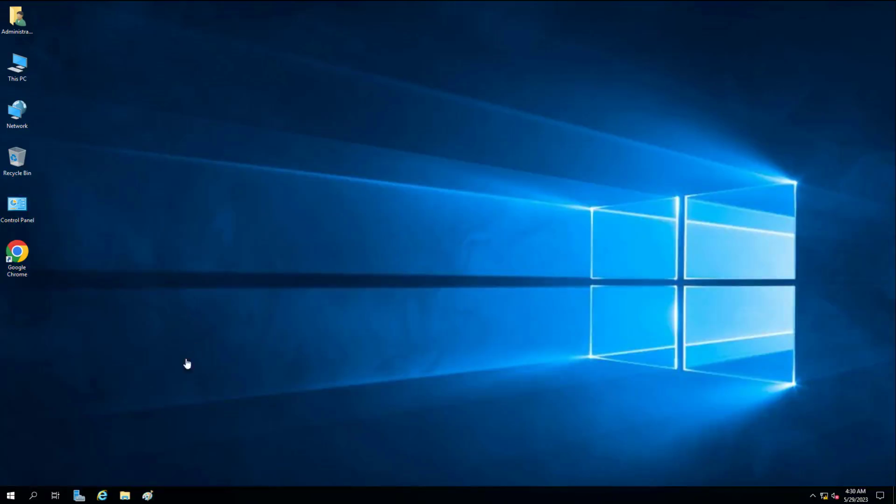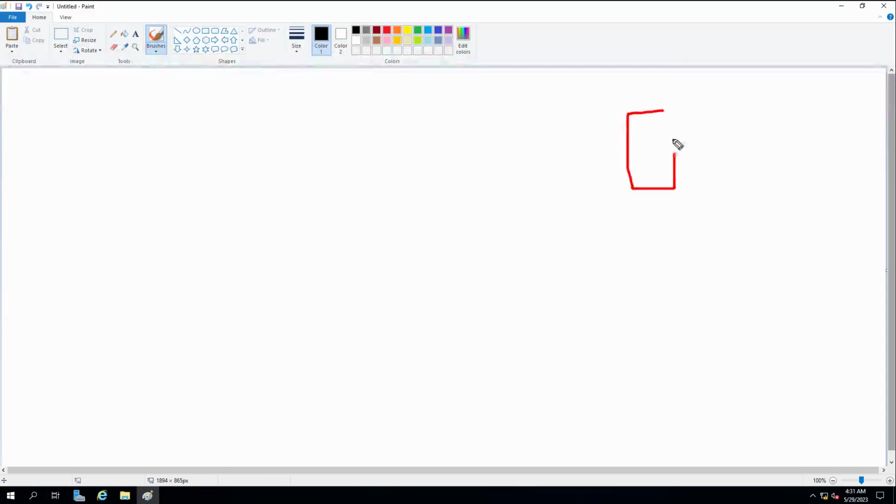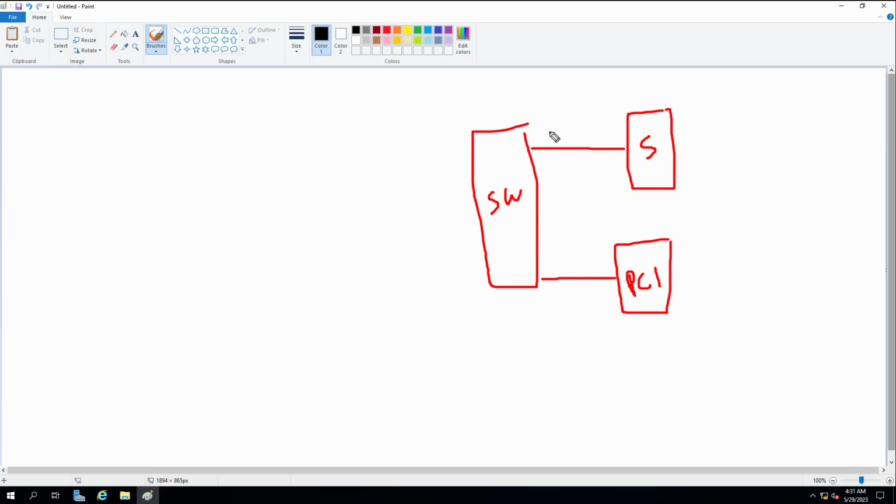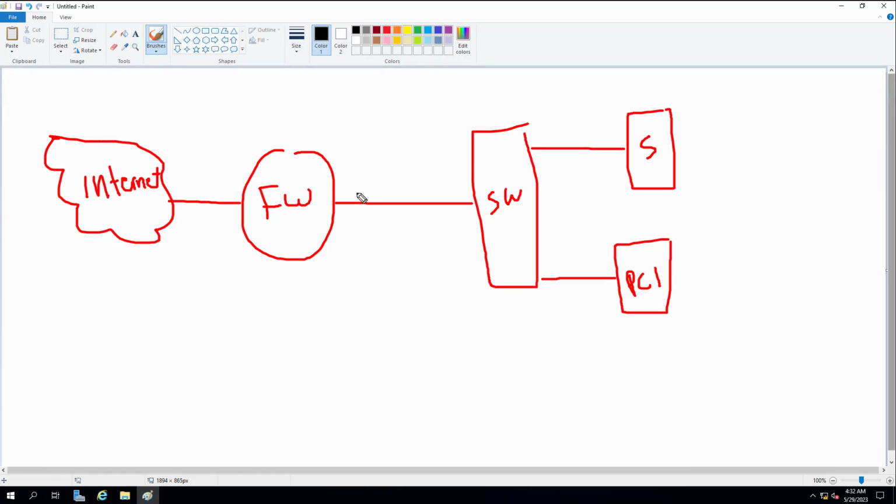Let's go to the whiteboard. Here I have my Windows Server, and this is the PC1. Both are connected to a switch, and they can communicate to each other. What I'm going to do, I will connect the firewall, and it will act like the router. So the firewall will have two network adapters. One is connecting to the inside, and one is connecting to the outside. So from this side, it's going to connect to the internet, and from inside, it will be the gateway to